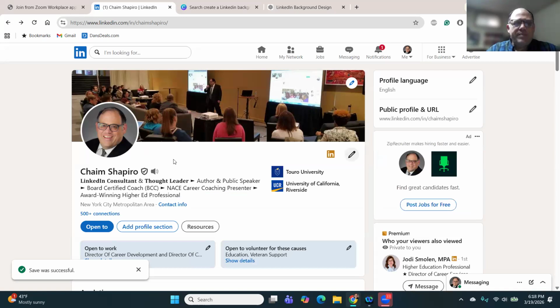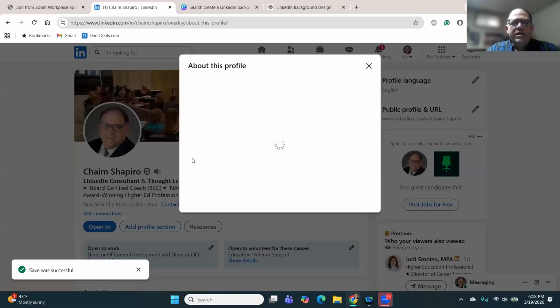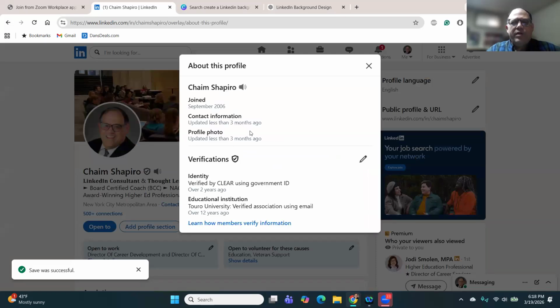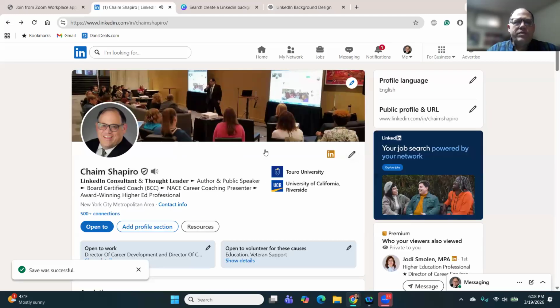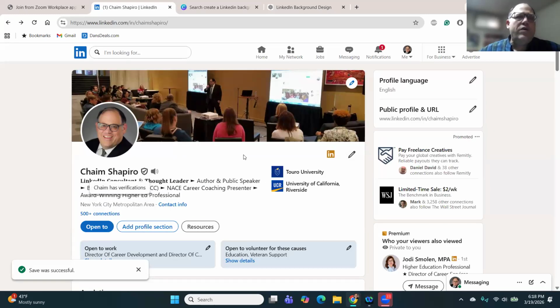Another tool here, as you'll see, is a name pronunciation tool. So if you come across a name like Chaim, or if you have a name that's more difficult to pronounce, you could actually, on the mobile app, record your name. So there I am recording my name. That gives me the opportunity to share it with folks who want to reach out to me so they have a better opportunity to pronounce my name.